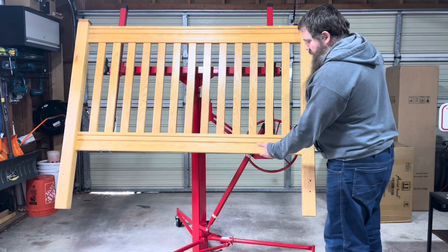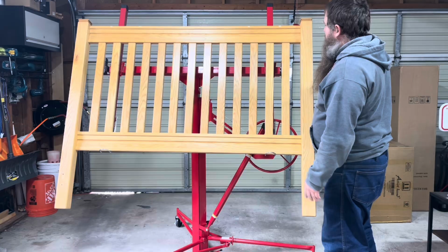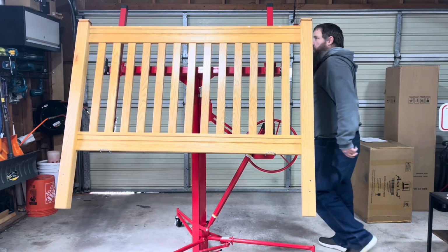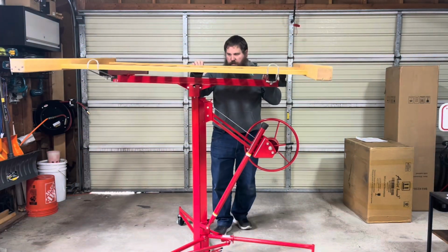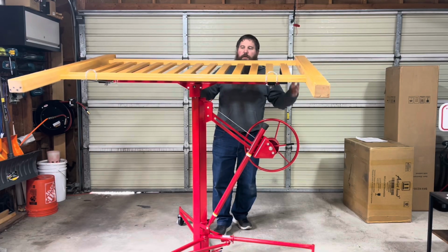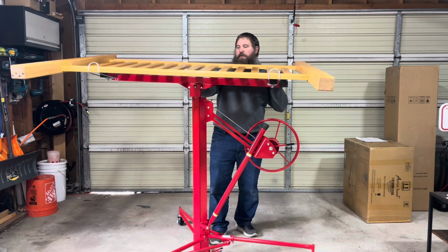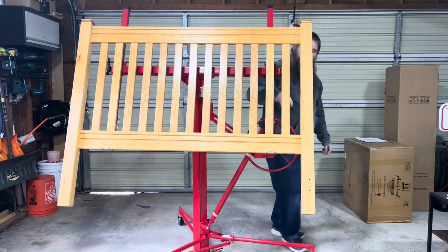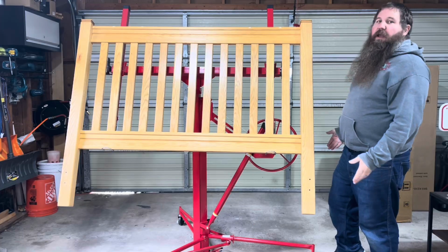So right here you can see these board holders are holding this whole piece on. That way you can tip it, you can position it. If you want to lean it back to where it's flat, you can just come back, tip it back up, re-engage that safety retainer, and now it's ready to lift up. So it's going to be super easy if you want to set something down on it and you don't want to have to lift it all the way up. You can just lift it up onto it with it in the position like this. You can get your board on there, set it down, then you can tip it flat and then raise it